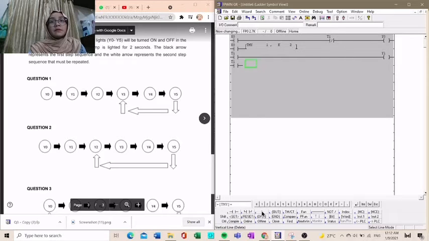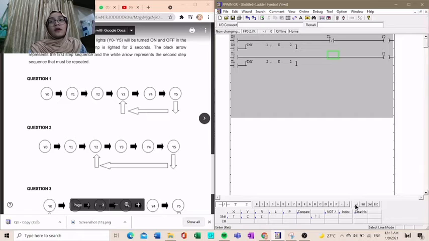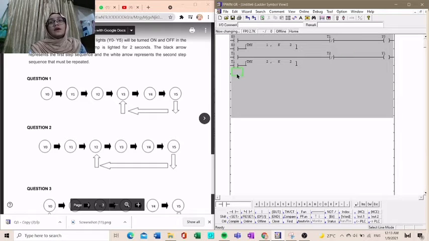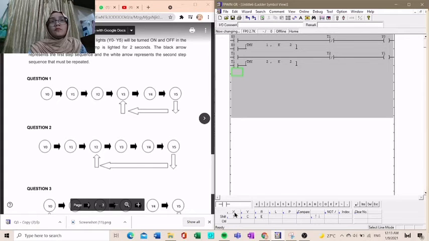So choose timer number 2, and for 2 seconds. So timer number 2 will turn off the Y1 lamp. You choose T2, turn off Y1, and then T2 will activate the next lamp, which is Y2. So the output will be Y2,